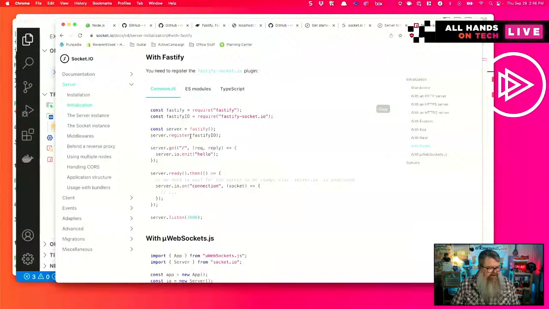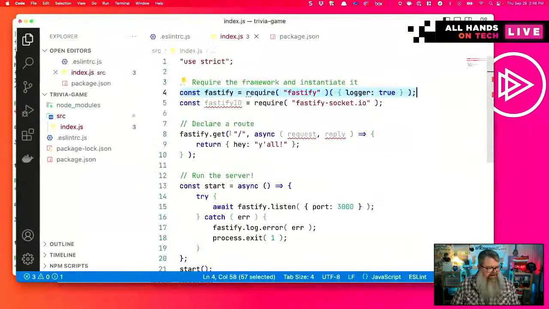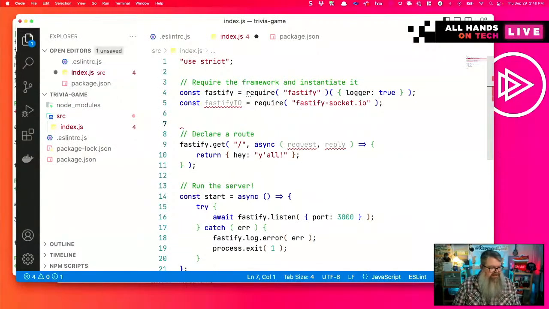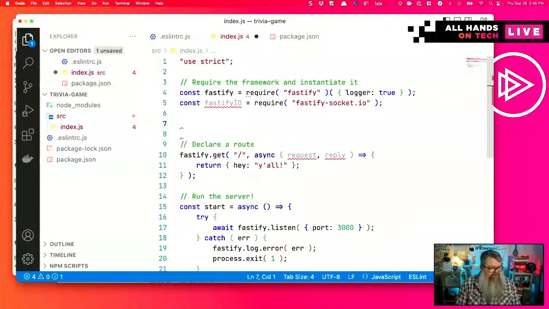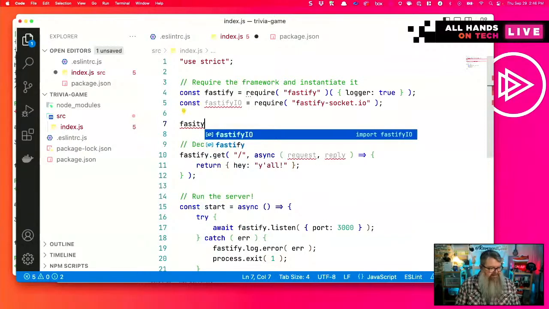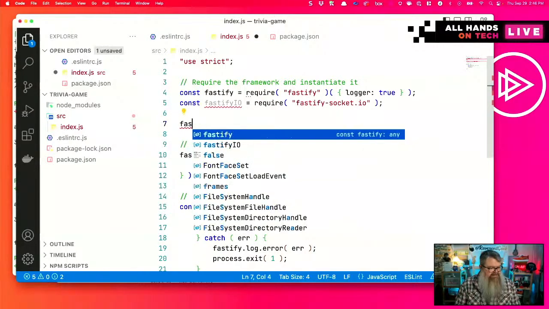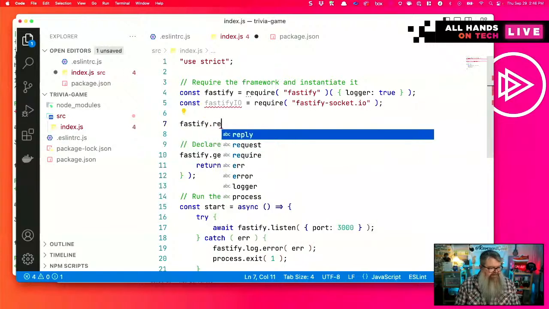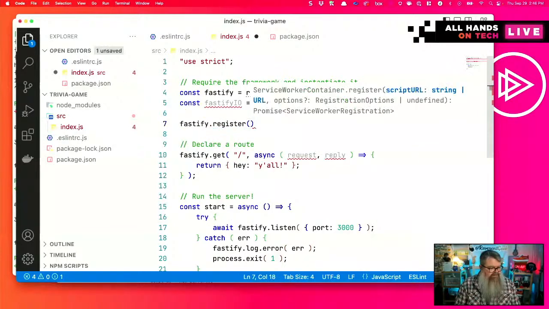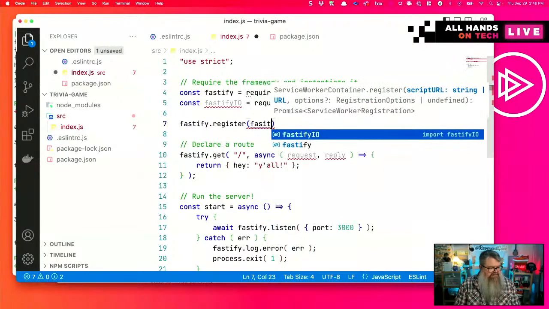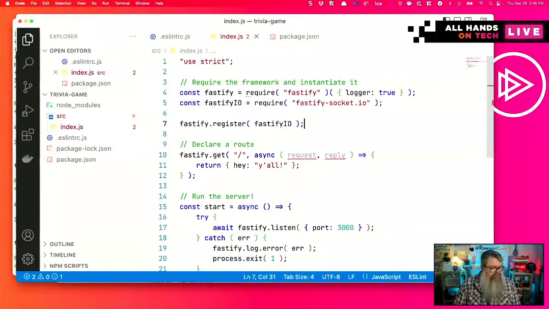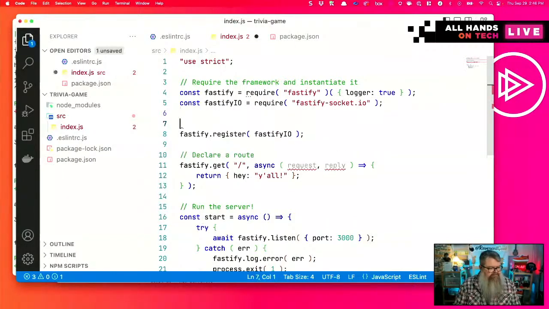So server.register Fastify IO. To do the same thing in our code, we're going to say Fastify register Fastify IO. Register the socket IO plugin.